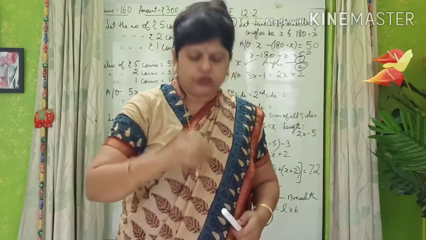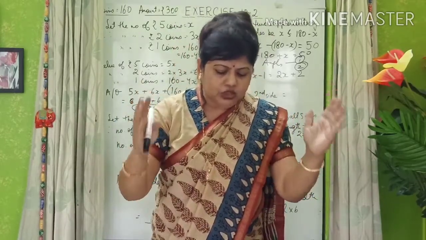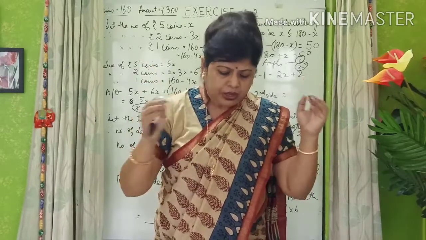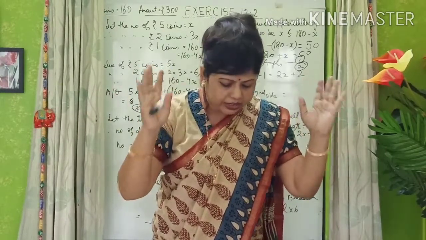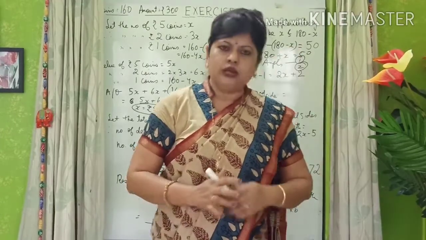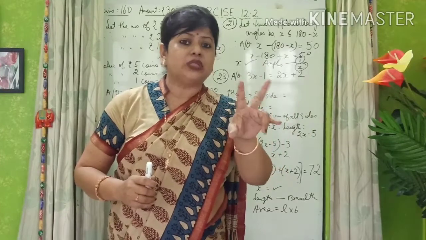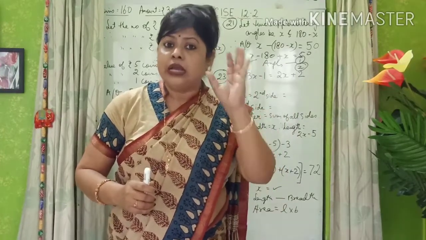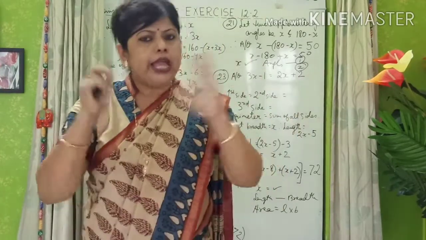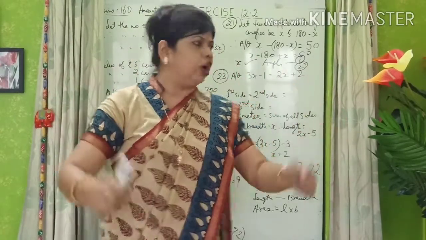Question number 23 we come to, children. Question 23 says two equal sides of an isosceles triangle are given, and the third side is also given, 2x units. You find x and then you find the perimeter of the triangle. So here we know very well that in an isosceles triangle, two sides are equal and they have already given you the equal sides. So let us equalize both. The moment you can equate a statement, you can solve it.